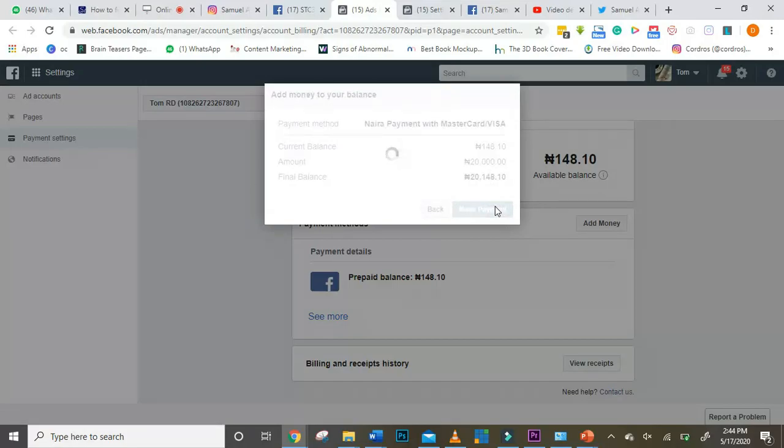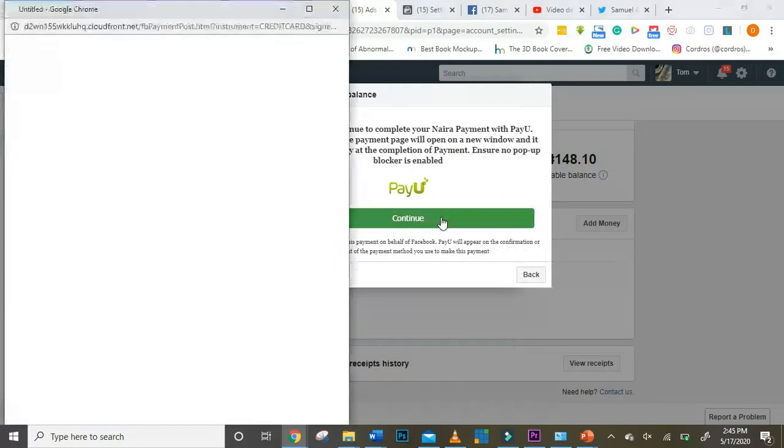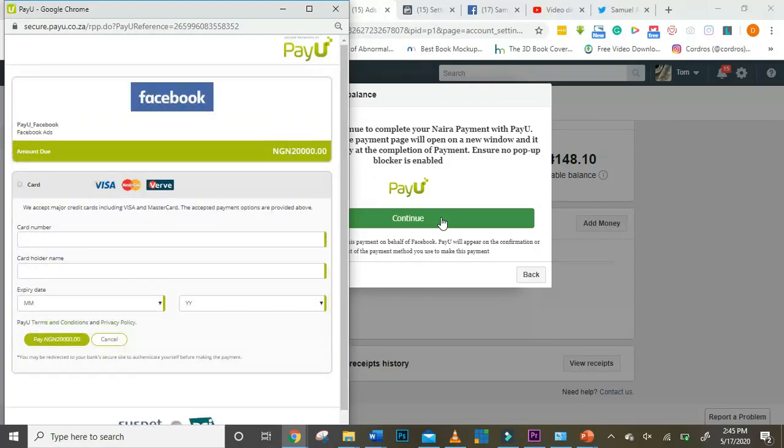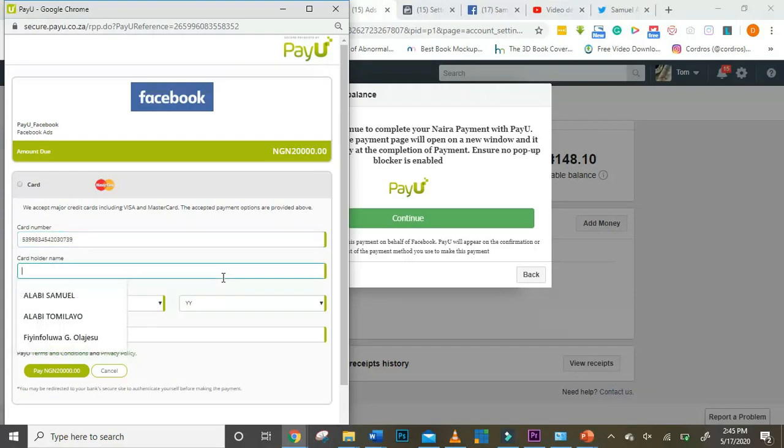Now, what Facebook did is to work with a payment company called PayU, which makes it easy for you to pay in Naira. So when you click on continue, there's going to be a pop-up box that will show you diverse details of how you can set up and use your Naira card. Now we have the PayU method here of the platform where I can enter my card details. So I'm going to give you an example here. My card details are here. To be faster, you can have the card details set somewhere, and all you're going to do is just